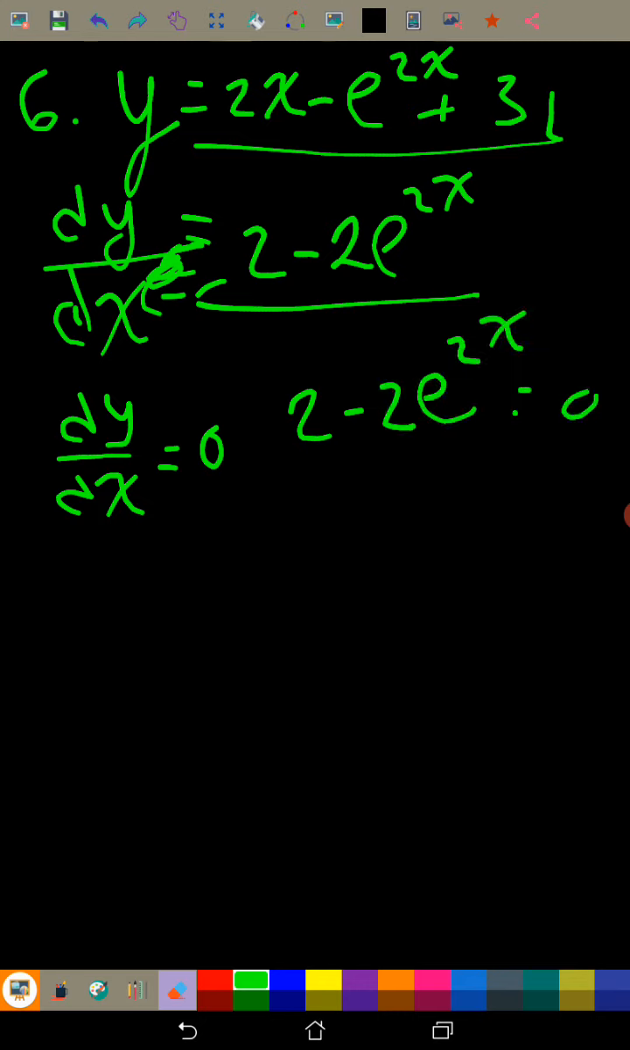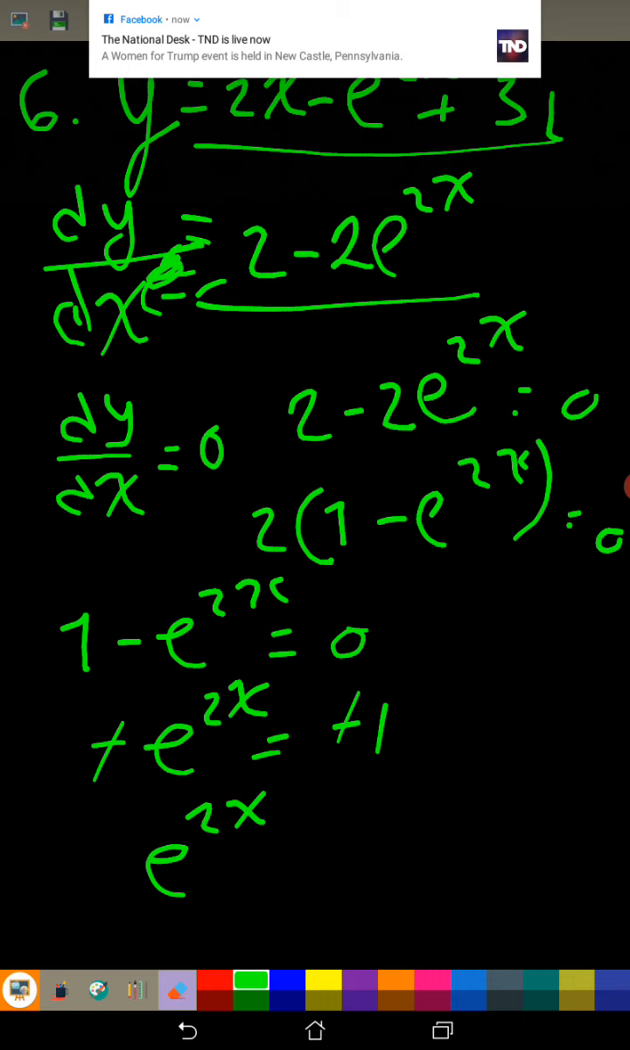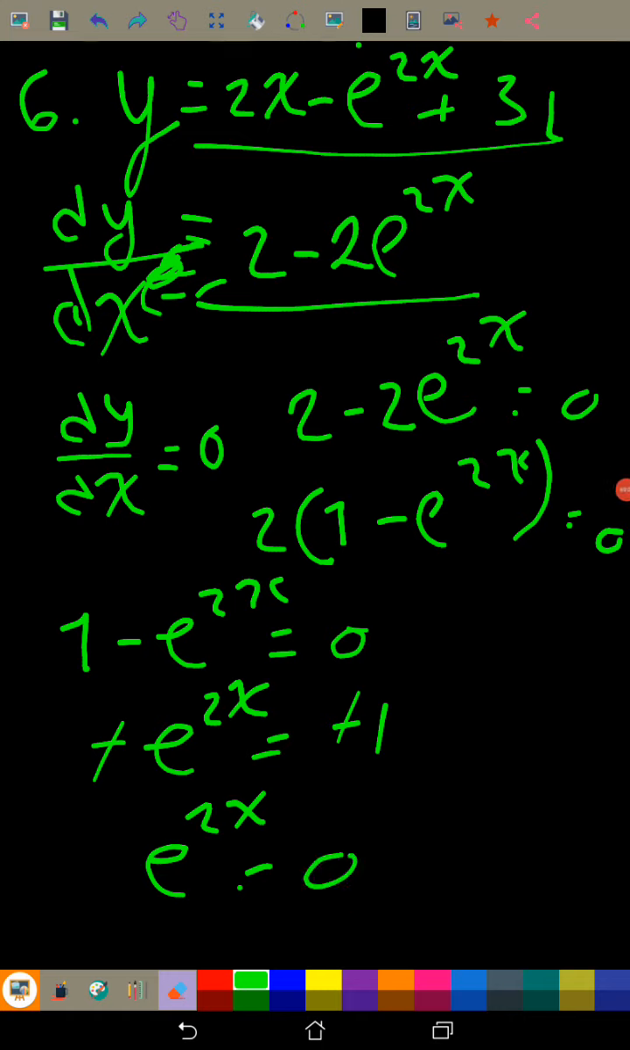So if dy by dx is equal to 0, so 2 minus 2e^(2x) is equal to 0. I think 2 is outside. 1 minus e^(2x) is equal to 0, so I can divide both sides by 2. So I'm left with minus e^(2x) is equal to minus 1. I multiply by minus 1 on both sides. Just one moment. Okay guys, I'm back. So this is equal to 0, and to get this equal to 0,